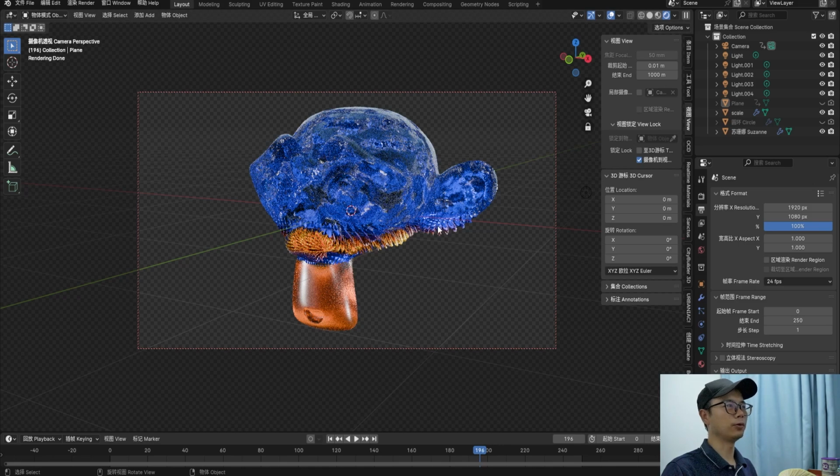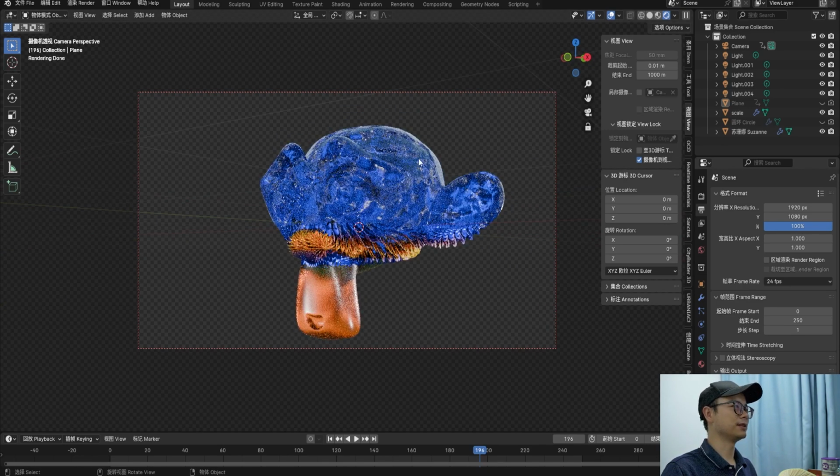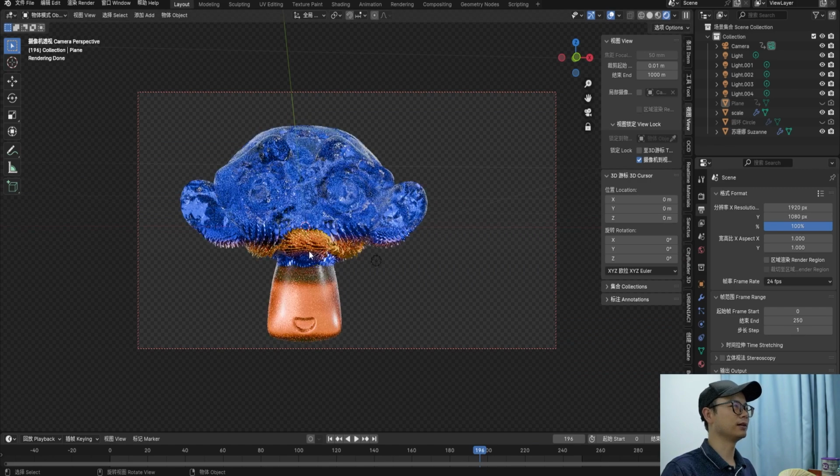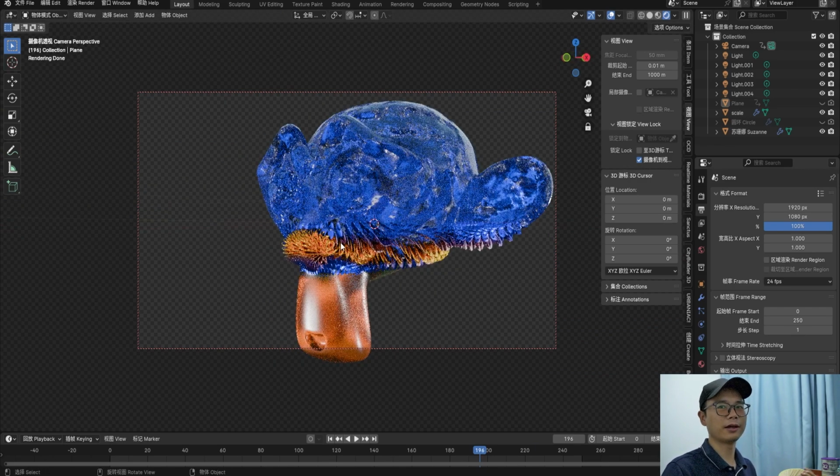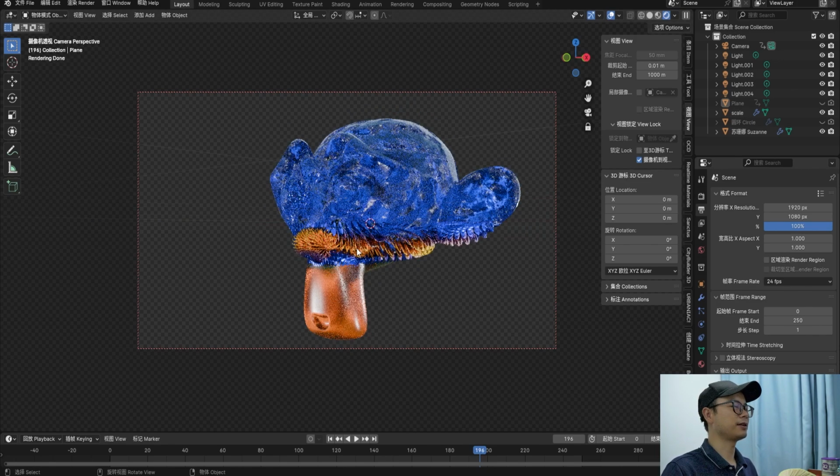Hello, today I will show you how to make this effect. The scale, like the fish scale, on the surface of this monkey head, and when it's moving, it's rotating, it's flipping. This effect,